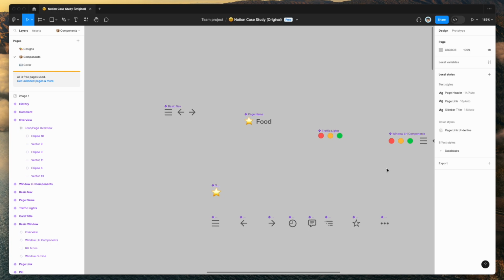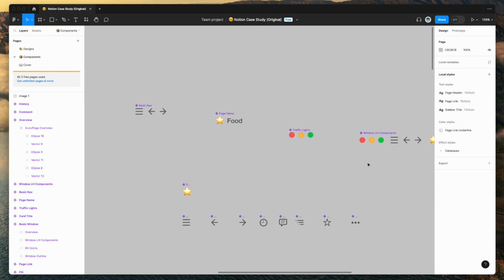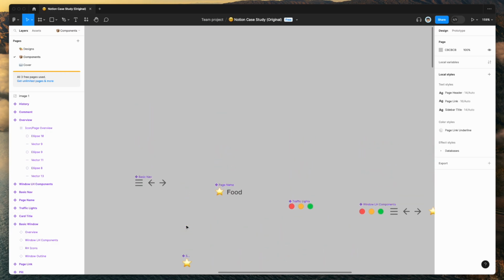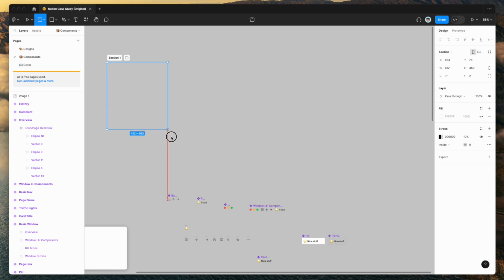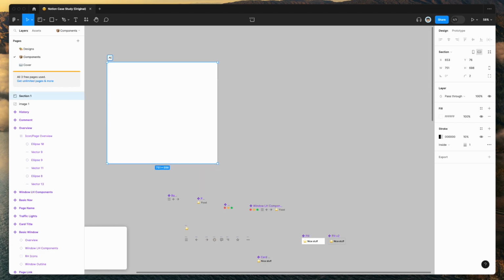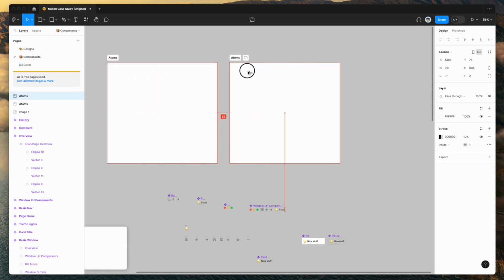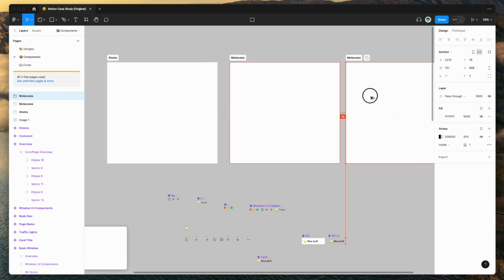It's going to be quite obvious which ones on this page are our atoms, things like these icons and our traffic lights and this emoji icon over here. I'm going to group these up using some sections. So if we go and insert a section over here, let's call this one atoms, and we'll duplicate it across, call this one molecules, and we'll duplicate it across again, and call it organisms,